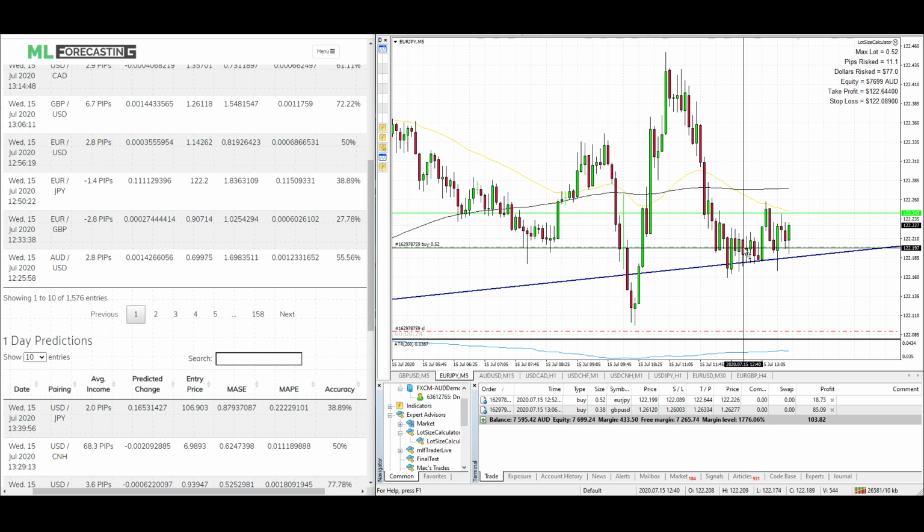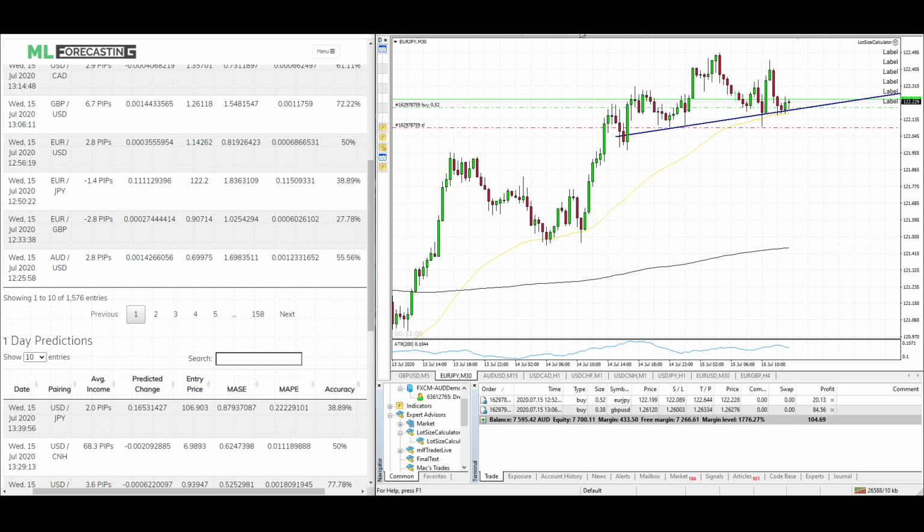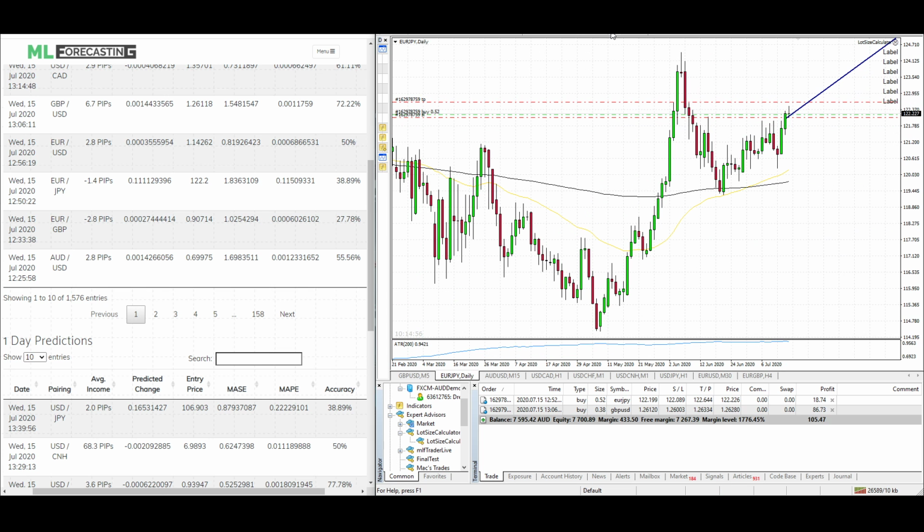And I'm not super confident that it's going to reach the take profit even. I'm pretty confident it will reach this level again, which would be a 2 point something times return, which we might look to scale out a little bit at. We might look to scale out 50% of our trade at that level, or at that level, just because